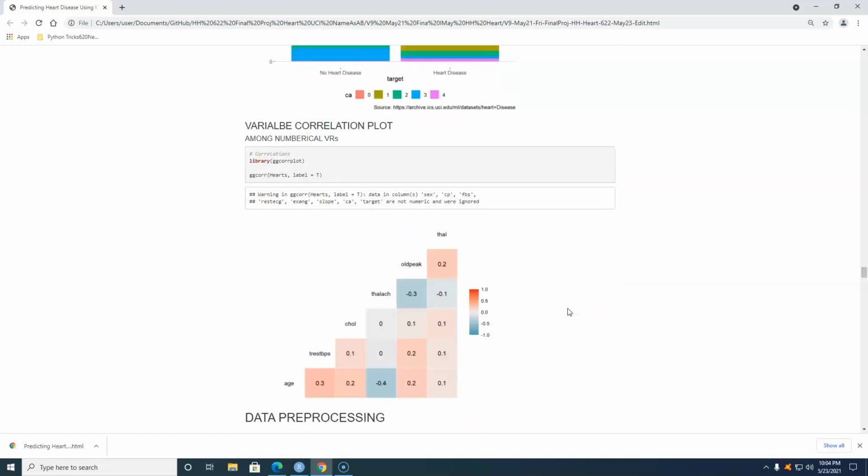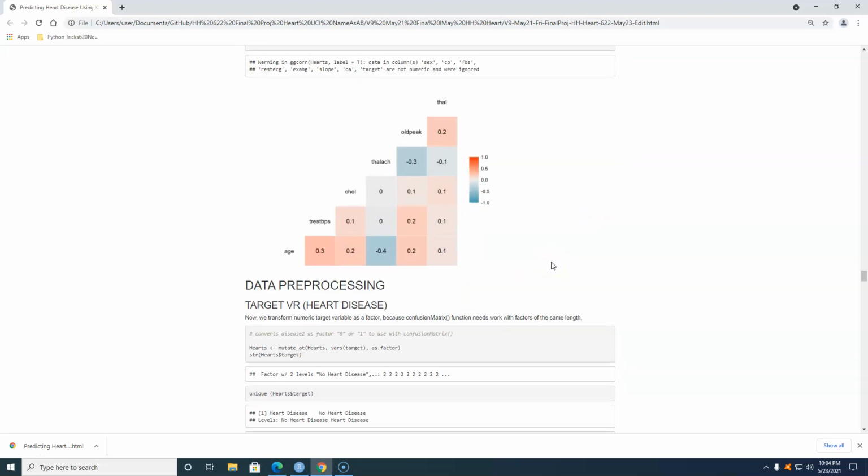Looking at the correlation plot, the variables themselves do not seem to be highly correlated. The biggest correlation is 0.4. That is good news, meaning that we can put them independently into the model. So moving on,